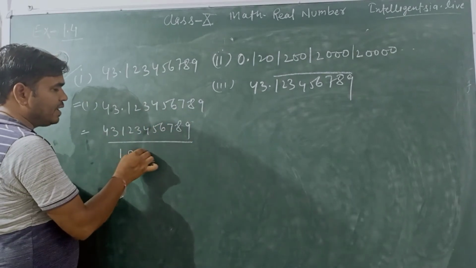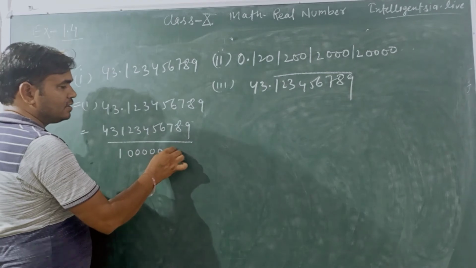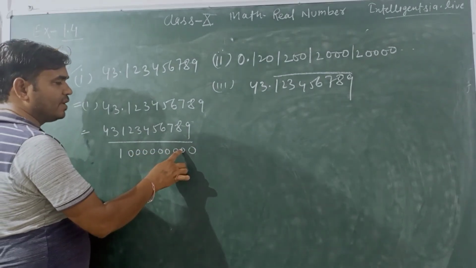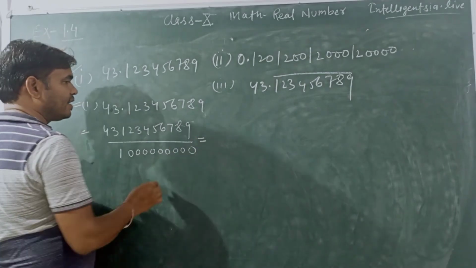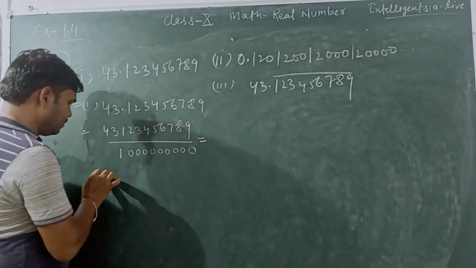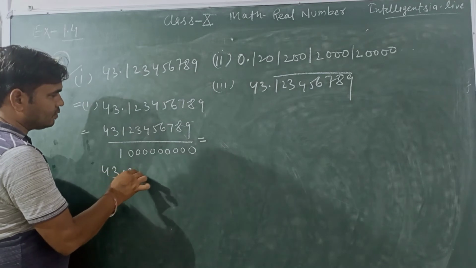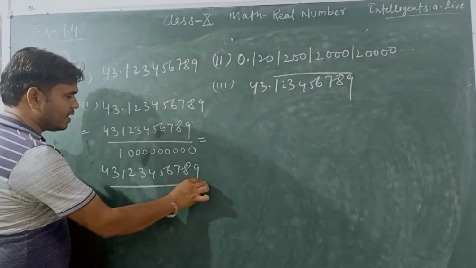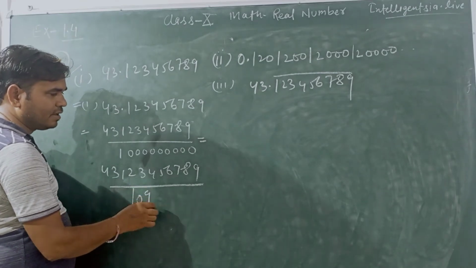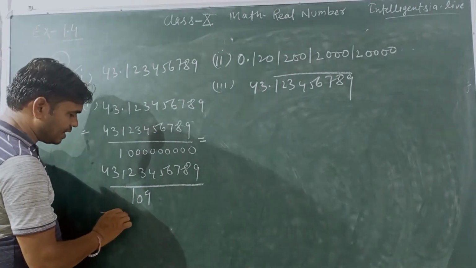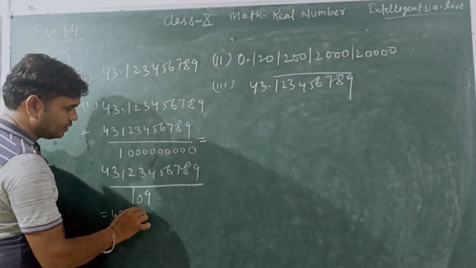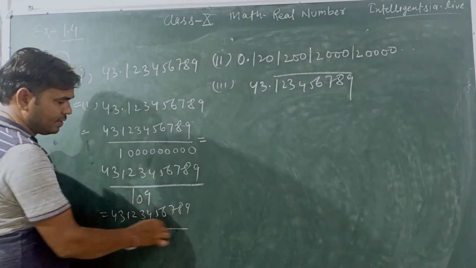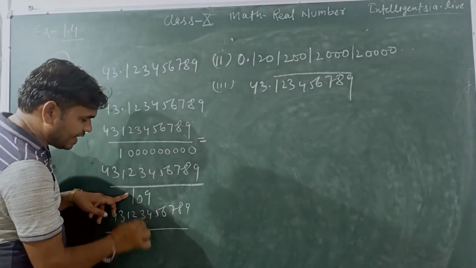It means we have to write here 9 zeros. So we can write 43123456789 over 10 to the power 9, and after that 43123456789 over,